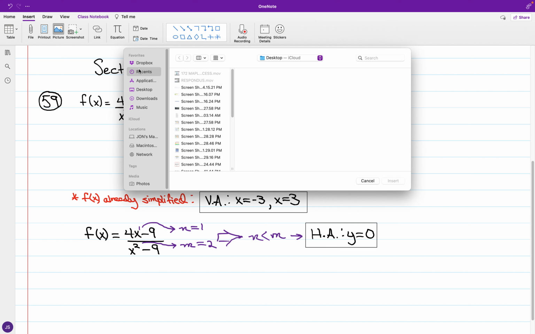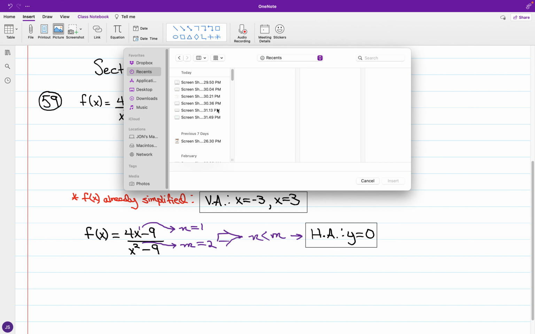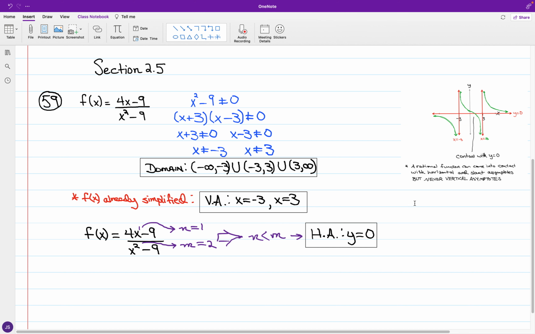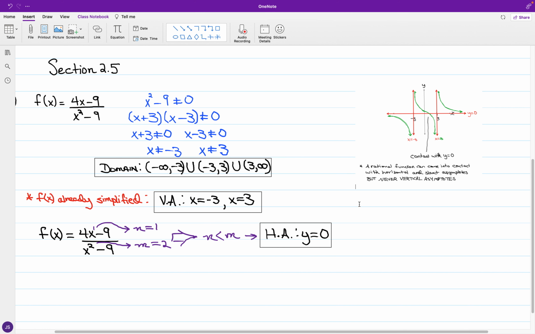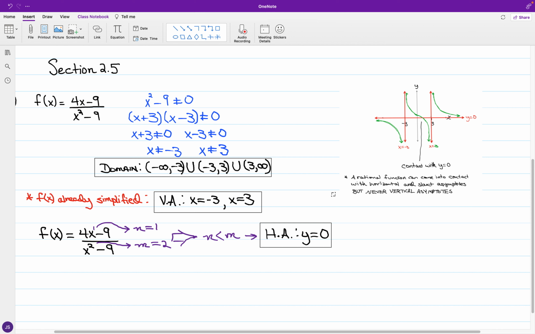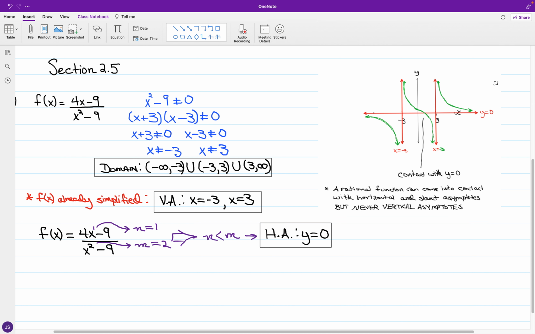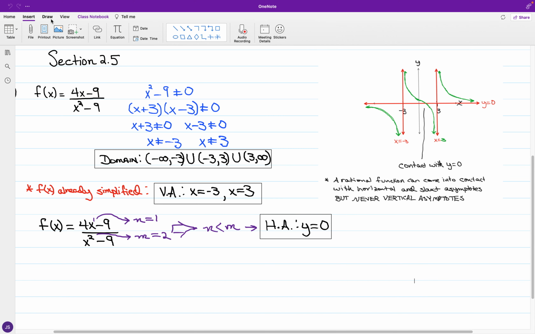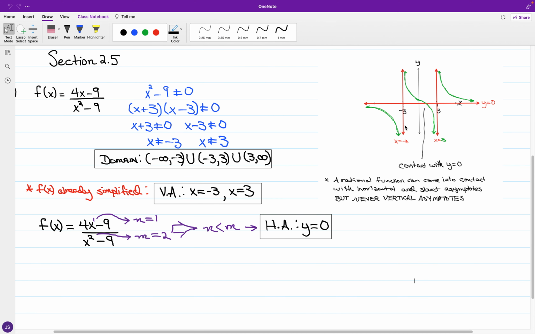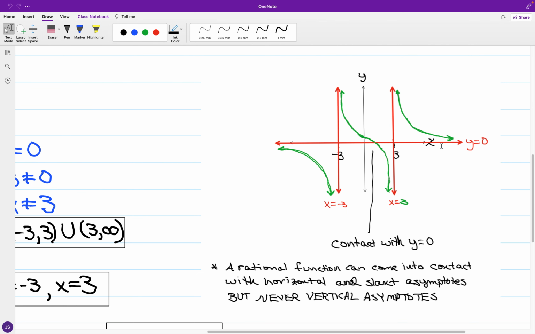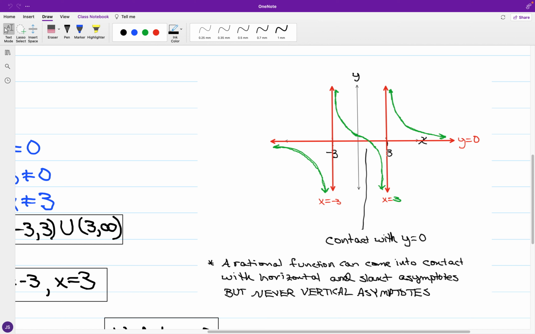And for what we have in the case of 4x minus 9 all over x squared minus 9, again, we have two vertical asymptotes, x equal to -3, x equal to +3,